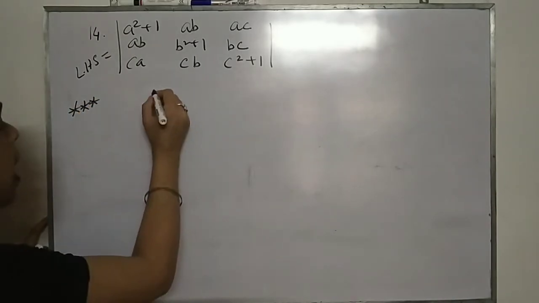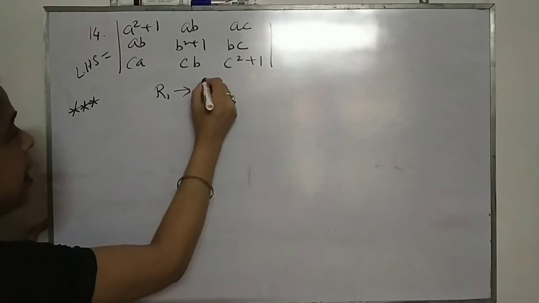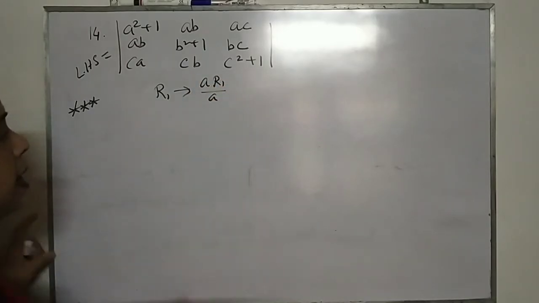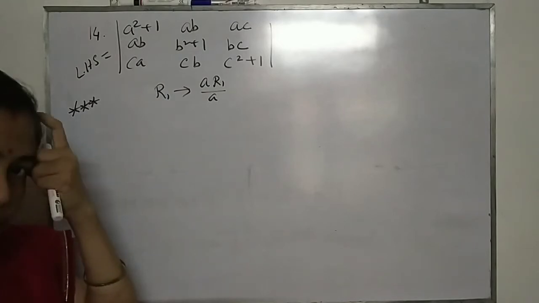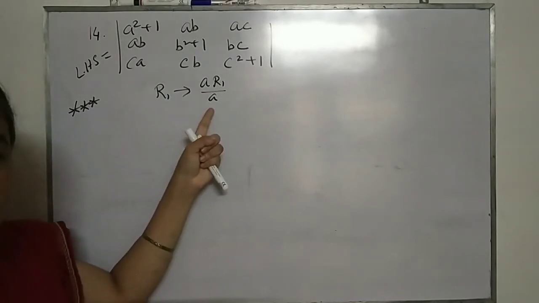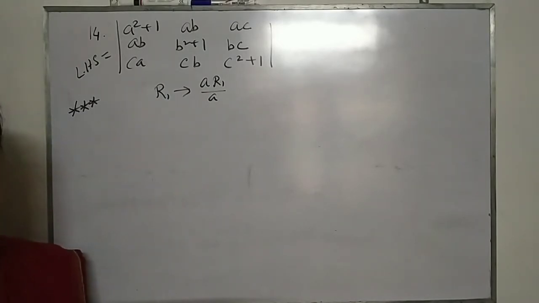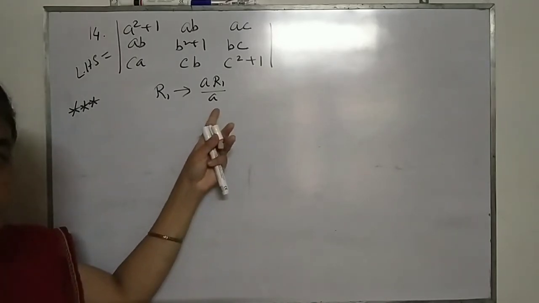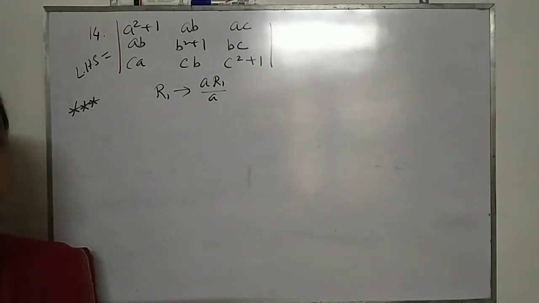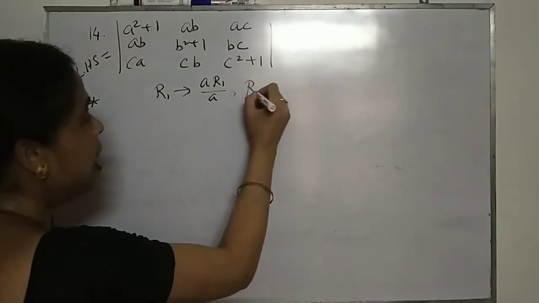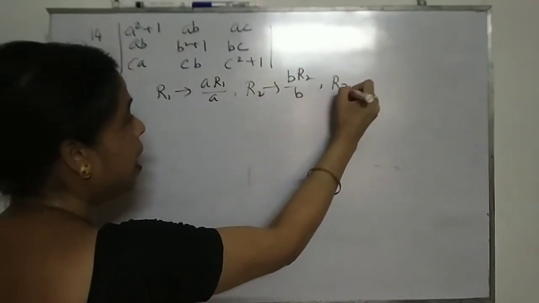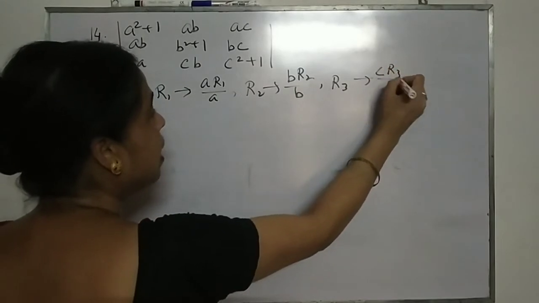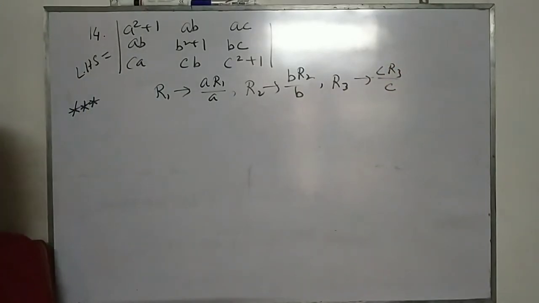What I am going to do, I will replace R1 by A times R1. That means this remains as it is. To get A common, I multiply it in the row, so I can take common from the column. Or if you multiply in the column by A and divide by A, it remains as it is, then you can take common from the row. So I have done it. Similarly, I replace R2 by B into R2, and row 3 I multiply by C into R3. Some steps sometimes you have to remember.